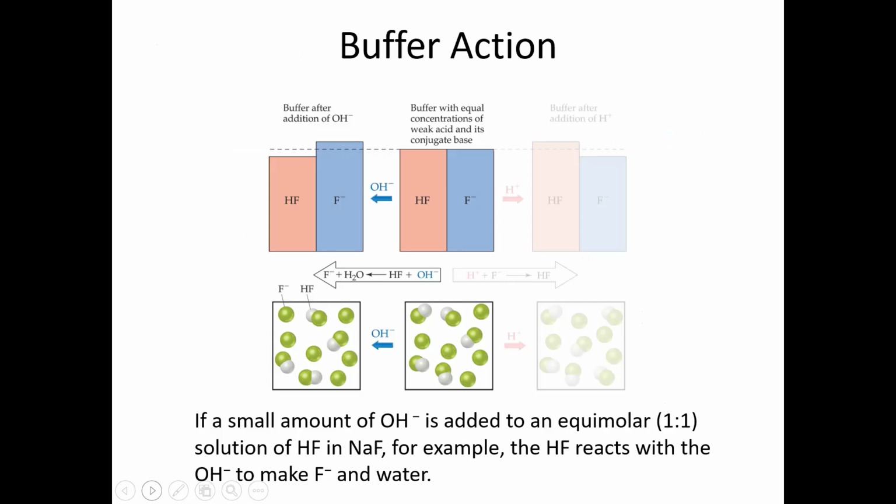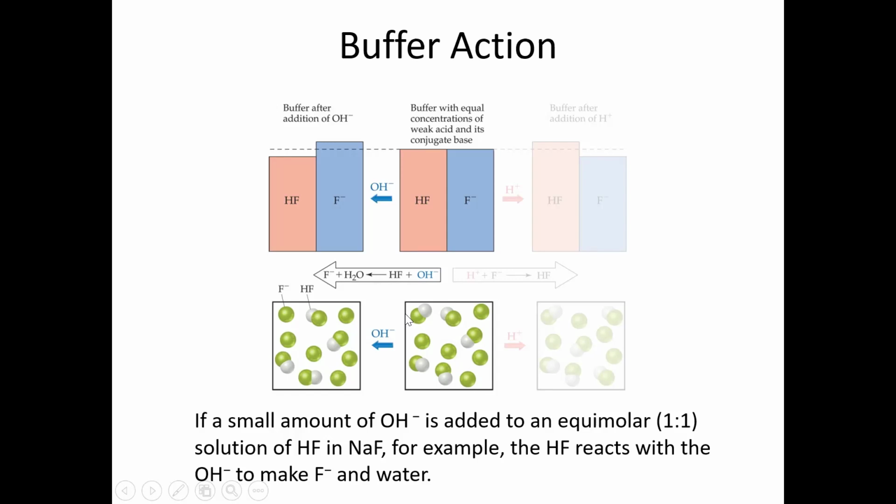When buffers resist this change, we call it buffering action or buffer action. So this is a more descriptive representation of what's happening in a buffer. In this case, we have a buffer that's actually made of hydrofluoric acid and the fluoride ion, and we say that they're in equal concentrations. So I already have this buffer made of HF and F minus, and you can see that represented in this middle depiction, this middle figure, where we have the same amount of fluoride ions as we do HF